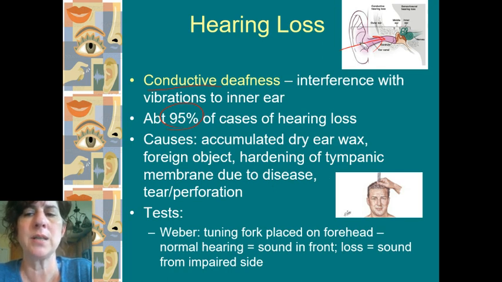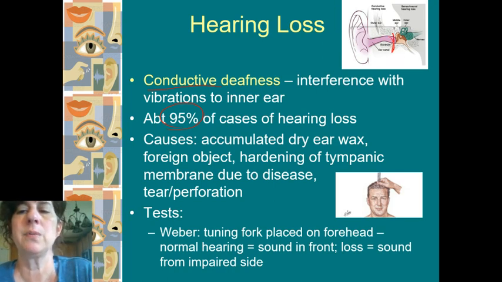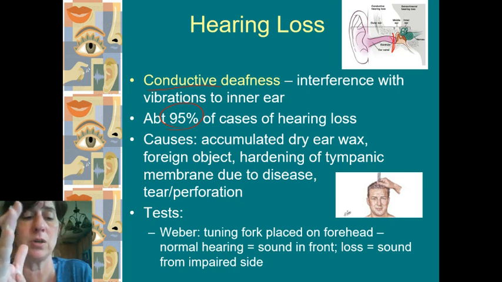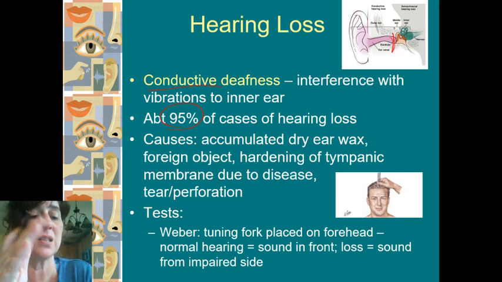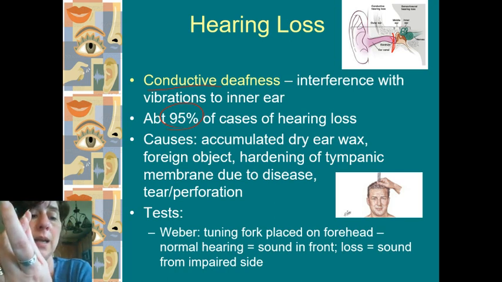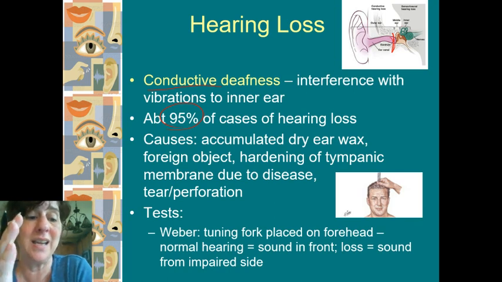Sometimes it can be damage that's actually occurred to the tympanic membrane itself. So as we look at the membrane, somebody's had repeated infections, they've got a tear. It's going to modify the vibration of that membrane, so you won't have the correct vibration, and it can't conduct that information to those auditory ossicles the same way. Could be that they've had so many infections that have damaged that tympanic membrane through rips and tears. They get scar tissue on it. Again, it's not going to have the right texture, and so it's not going to vibrate accordingly, and it's not going to be able to send that information along.